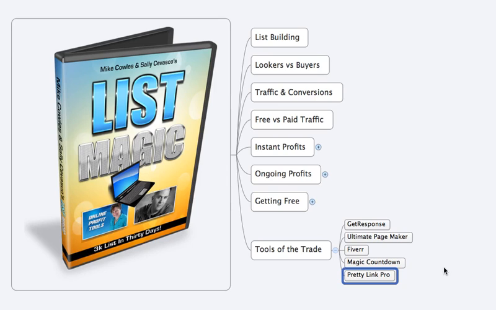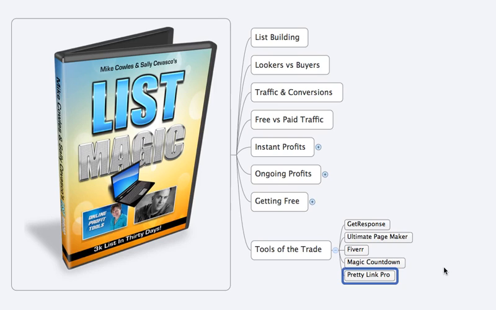Okay, so you can have it where it'll rotate between squeeze page 1, squeeze page 2, but the person that's clicking on the link only sees one link. And it'll give you a full report of everything. You can set it up so quickly. I mean, it was such a refreshing thing. I was actually going to create a piece of software for split testing, because I was so frustrated with all the split testing software out there having problems. And then in the process, I found PrettyLink Pro, and I was like, oh, I had no idea that the Pro version did that. Great. Yeah, I didn't know that.